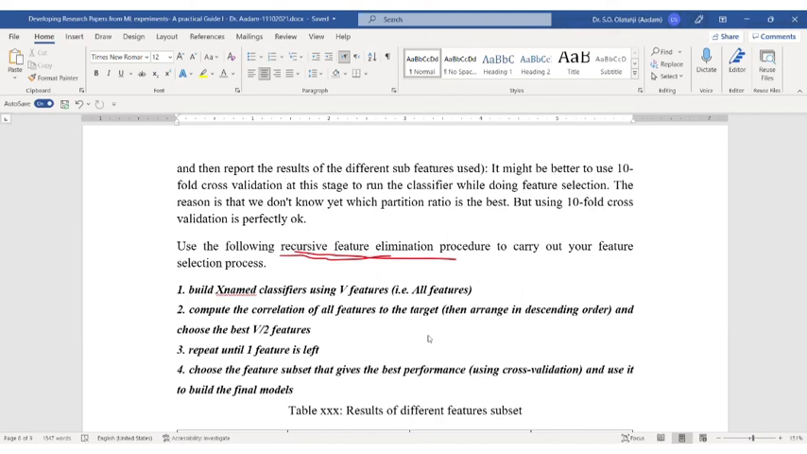So by the grace of God, by next class, we are going to start from this to see how we can carry out feature selection as part of our research work in research-based machine learning, and how we can document it, and how we describe the